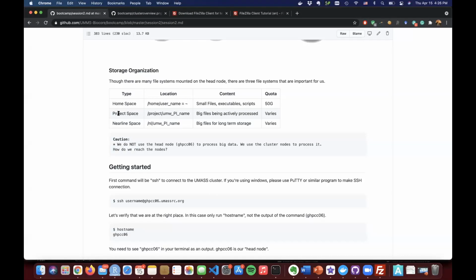So the second storage is project space. You have /projects. See, this is not in your home. This is outside of your home, and you can access it like this, /project UMA or UMW. For people from Amherst, it actually has a different prefix here. It starts with UMA and your name or your PI's name. The people in Worcester start with W. And for Lowell, it's UML, or Boston, UMB. So we are sharing the same project and same